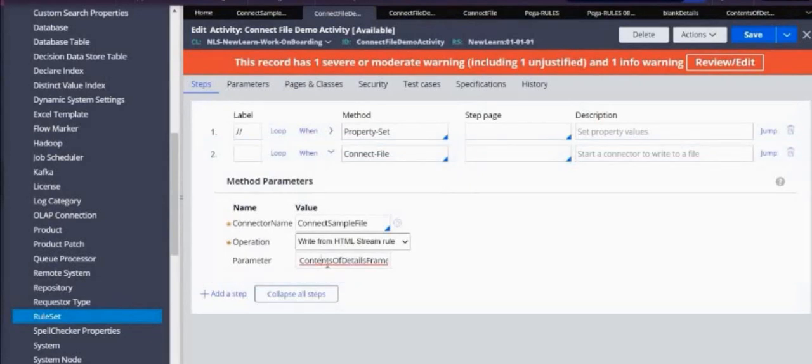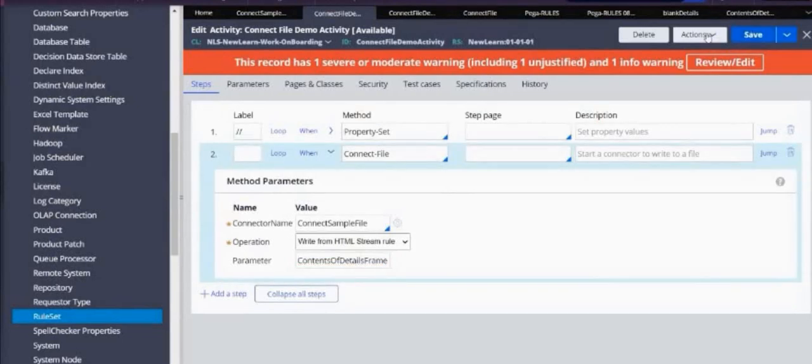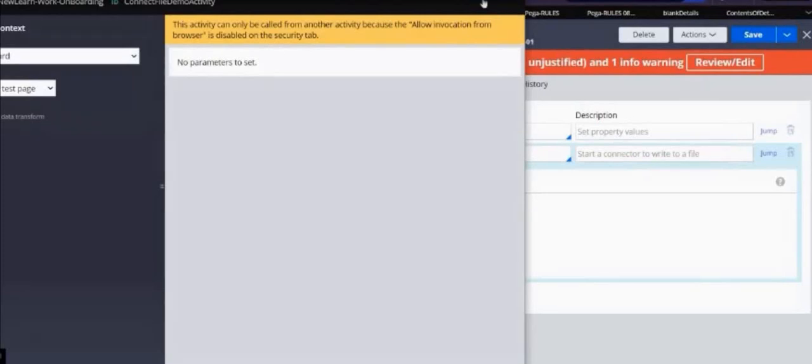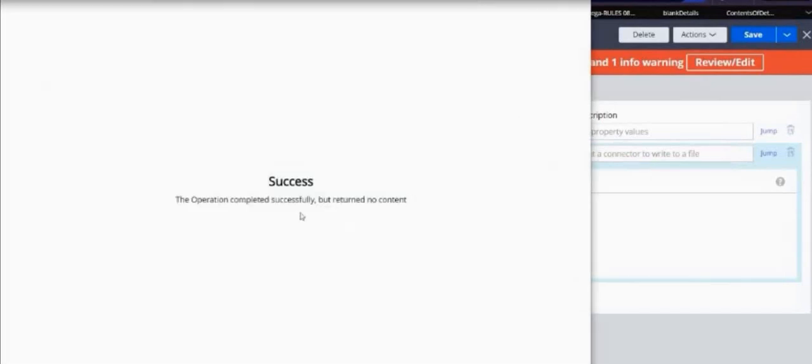The problem was actually I gave an extra space over there, so remove that space. That's the reason why it's not executing. That's why we got a failure. So now you got success.